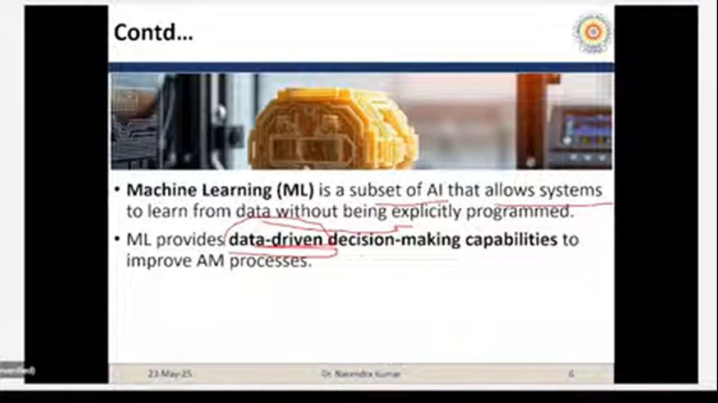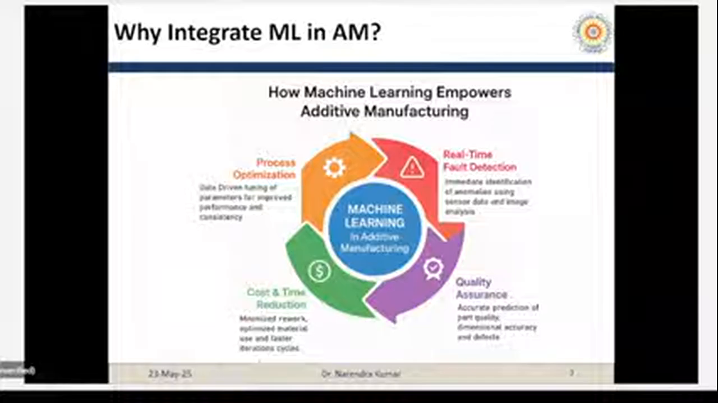And why do they take the decisions? To improve the additive manufacturing process, right? Now the question is, why integrate ML in additive manufacturing? So in my last lecture, I talked about